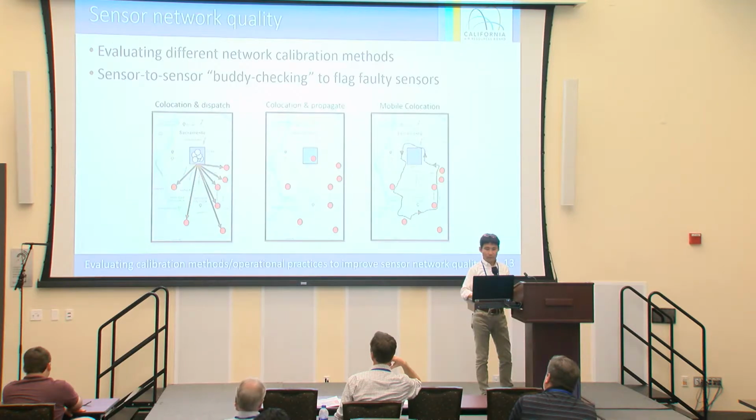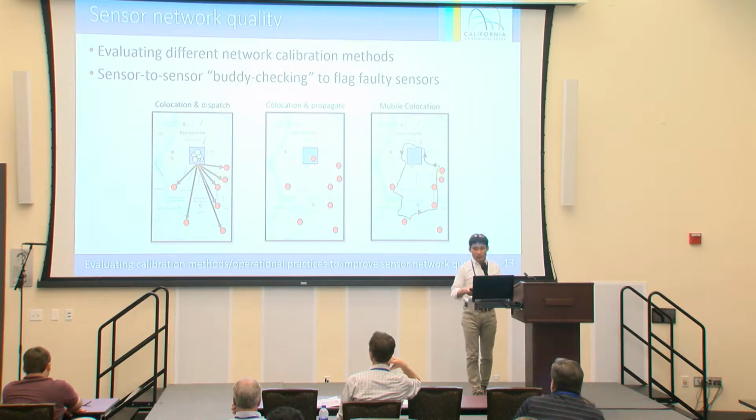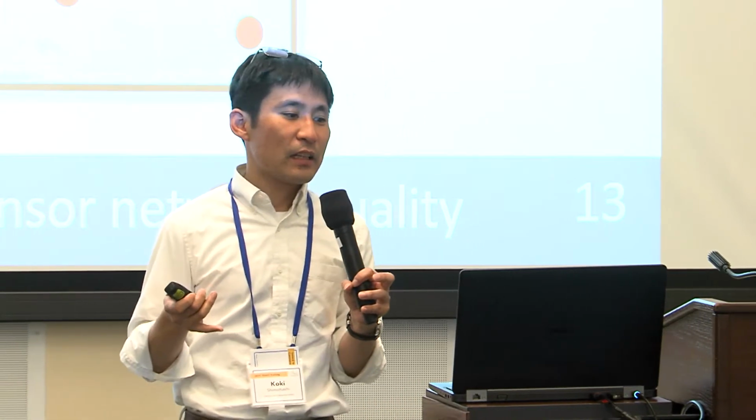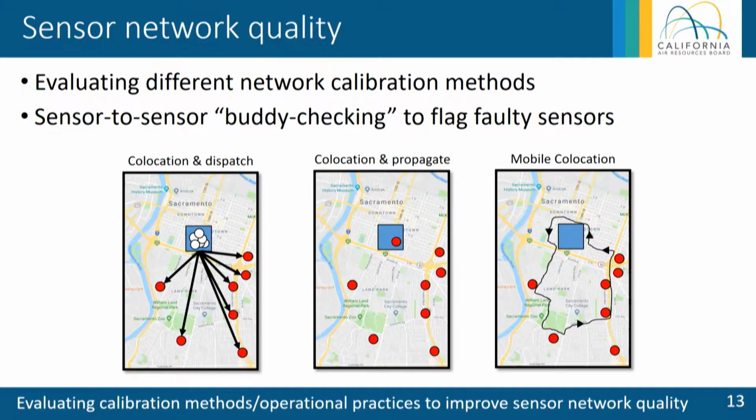Now moving on to network quality. Sensors allow a better spatial resolution, but again, a sensor is a bit less reliable than a regulatory station. So this leads to a question like how to adjust, or how to tell when a sensor goes bad. Evaluating different network calibration methods is something we are working on. Let me just give some ideas, there are 3 ideas here: